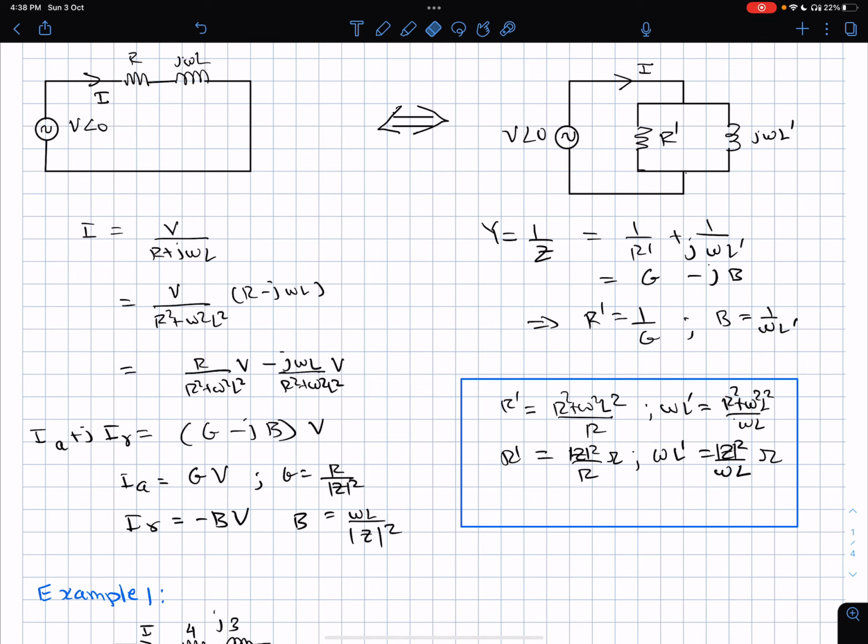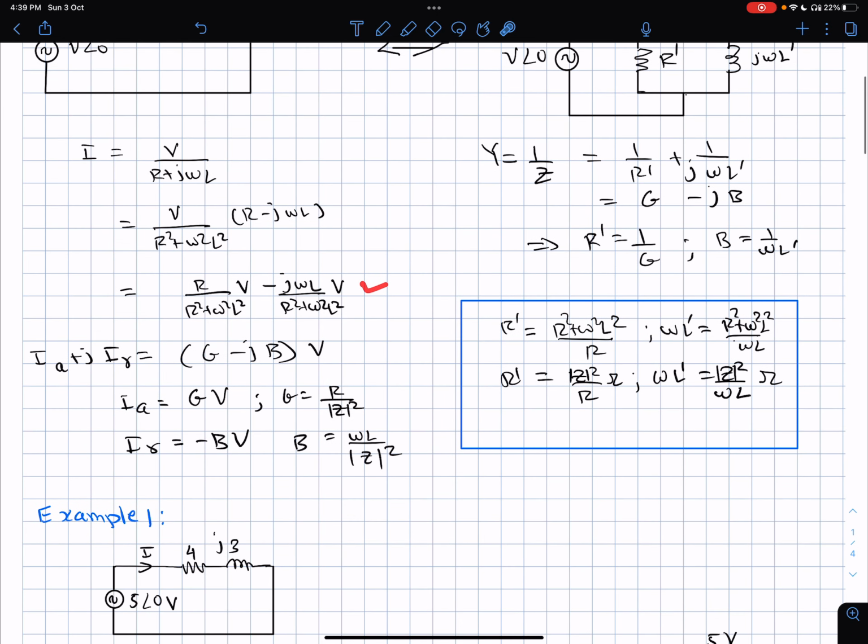I'll get on the numerator R minus j omega L, and in the denominator the square of the magnitude of the impedance, which is R square plus omega square L square, which further I can expand and write as R divided by the magnitude of Z square times V, minus j omega L divided by the magnitude of the impedance square, that is R square plus omega square L square, times V. So this current, which in rectangular